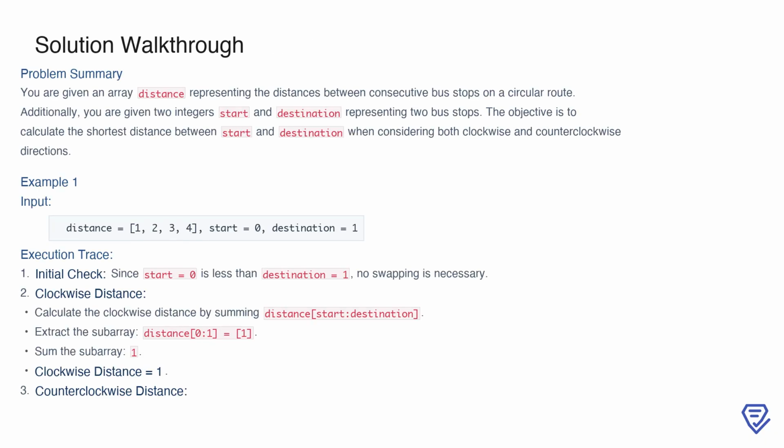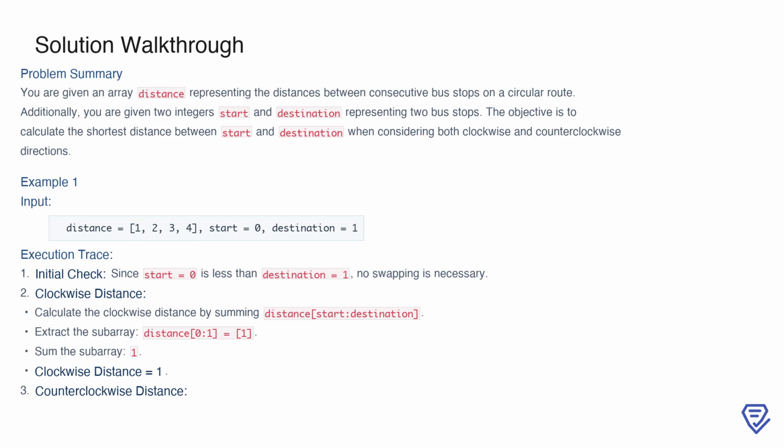The problem involves a circular bus route represented by an array called distance, where each element in the array specifies the distance between two consecutive bus stops. Given two bus stops, start and destination, our goal is to determine the shortest distance between these stops, considering both clockwise and counterclockwise directions. For the first example, the input specifies distance equals 1, 2, 3, 4, start equals 0,